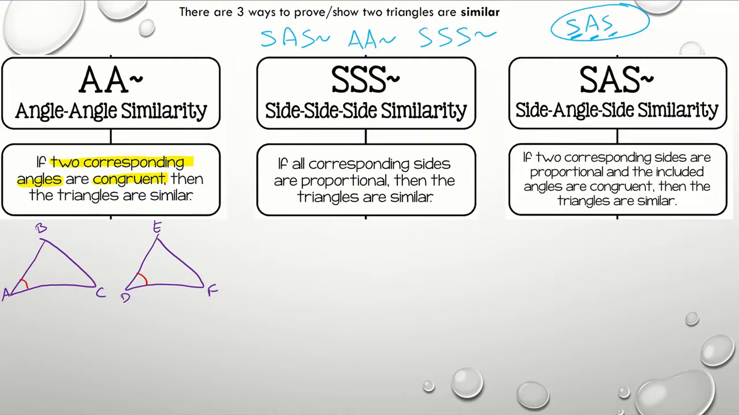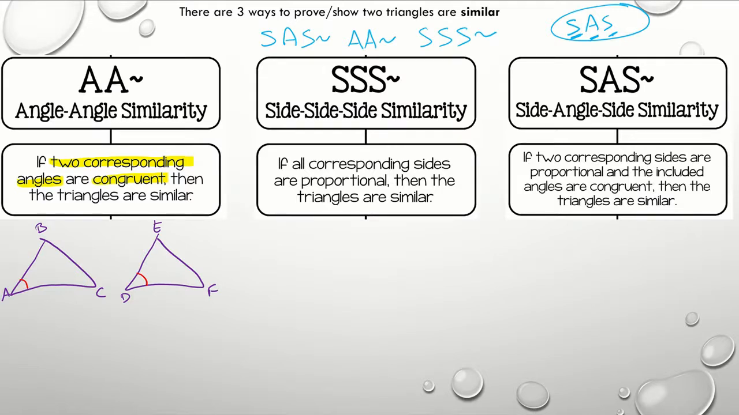if you know two out of the three angles, you can always find the third, because when you add up all the angles inside a triangle, they should always add up to 180. So if you know two out of the three, we can always find the third one by subtracting from 180, right? And so what it's saying is if you have two corresponding angles, which means that they're in the